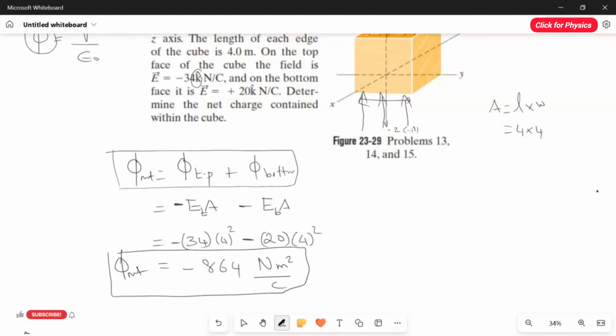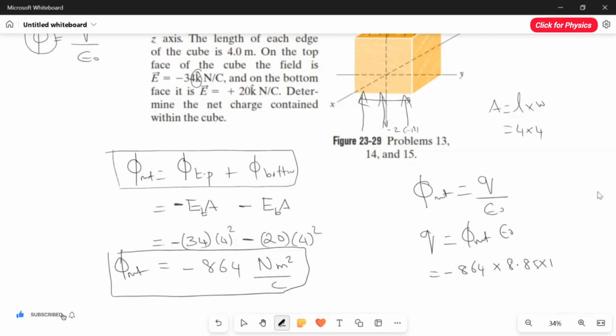Once we find the net flux, we can easily find the charge. So net flux is equal to the charge enclosed in the surface divided by epsilon naught. Therefore, Q is equal to the net flux multiplied by epsilon naught. So here the net flux is minus 864 and then multiplied by the constant 8.85 multiplied 10 to the power of minus 12. So when I multiply this minus 864 with the 8.85 10 to the power of minus 12, I got